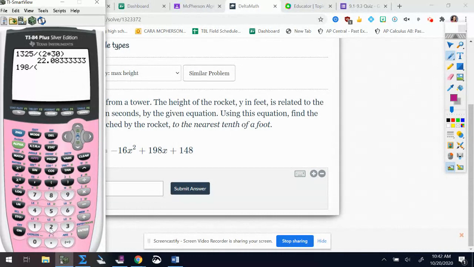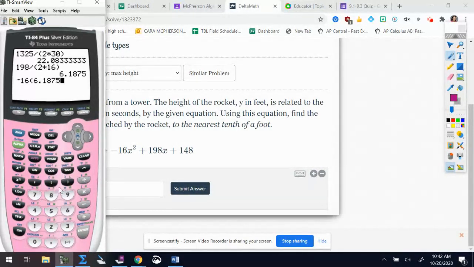Make sure you use parentheses here when you do 2 times 16, or you could do 2 times 16 in your head, so you don't have to worry about parentheses. So that is your x value. That is going to be the time. So what that means is that is the time that it takes to get to the peak, to get to the vertex. I'm going to take that number and I'm going to plug it in for x, because I want to find the actual height. So I'm going to do negative 16, in parentheses